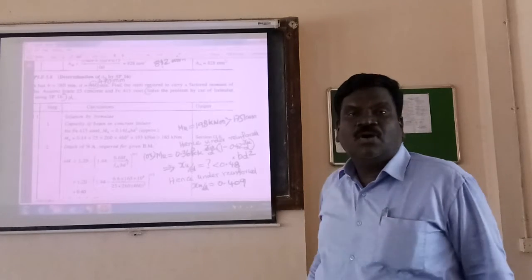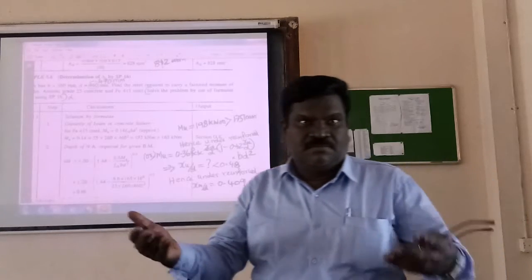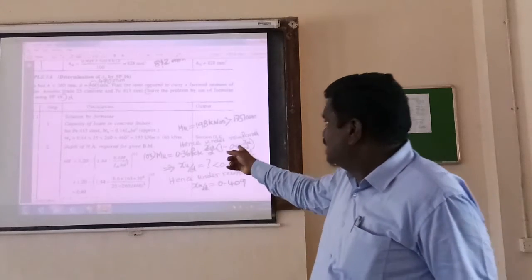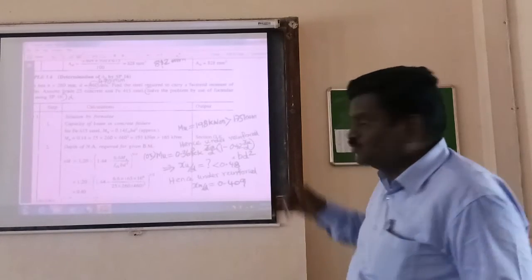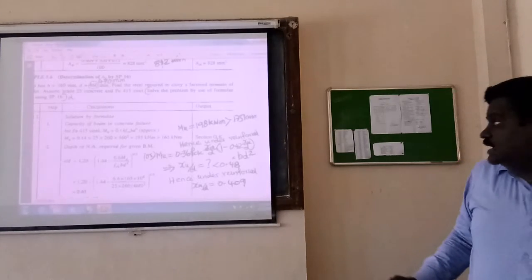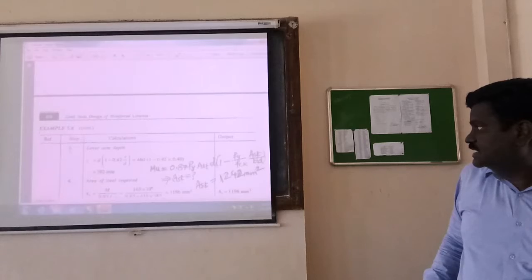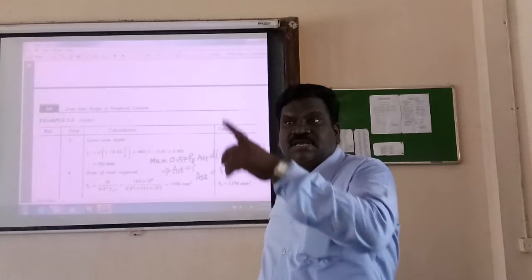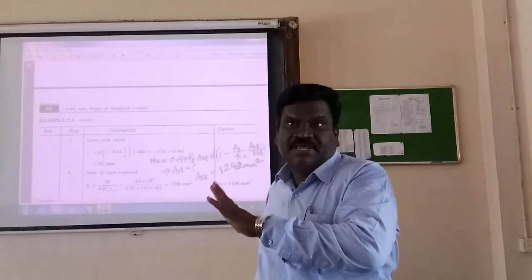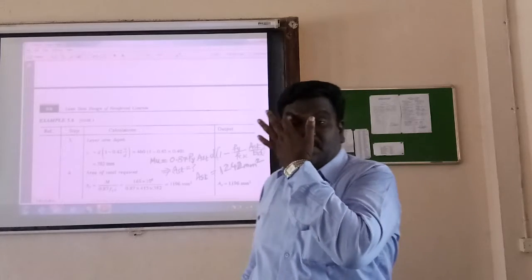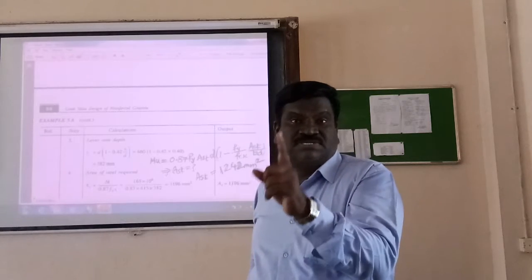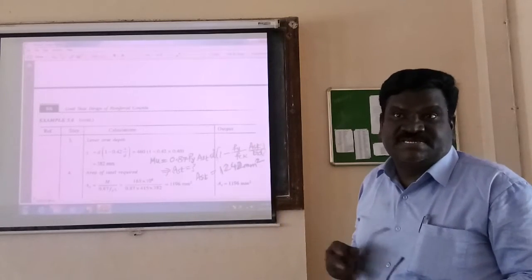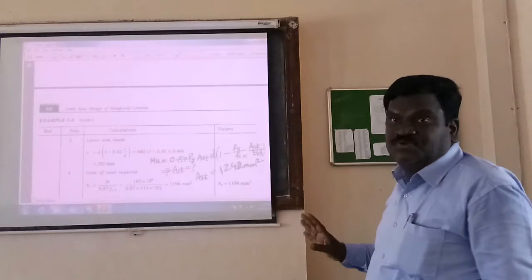Now, what is the formula for the ultimate moment of resistance in yielding of steel? Mu equal to 0.87 fy Ast d into (1 minus fy Ast by fck b d). The author has also verified another formula, which I will skip as not necessary. In that expression you substitute Mu equal to 175 kN/meter, that is 175 times 10 to the power 6 N/mm. Substitute all the data except Ast, the area of steel, which you don't know. Everything else you know. Substitute them in mm.